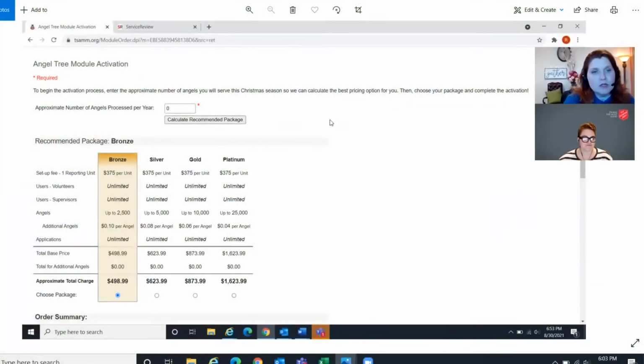This is how the pricing works. You go into TSAMM and you'll see those four things that are there, and one of them is Angel Tree. Once you go into that, it brings up the screen for you, and this is the pricing that's available. It says for each unit it's $375. So apparently a unit is 2,500 angels, and you will get the pricing there at the bottom. If you have 25,000 angels, you're looking at $1,600. If you have 2,500 angels, then you're looking at a price of